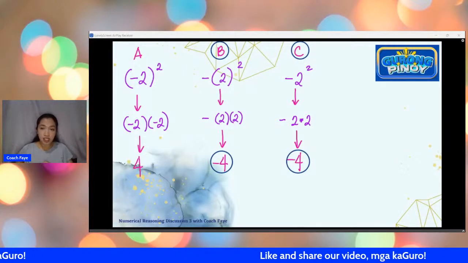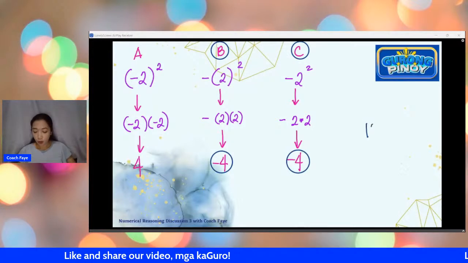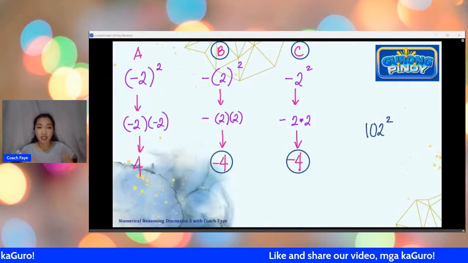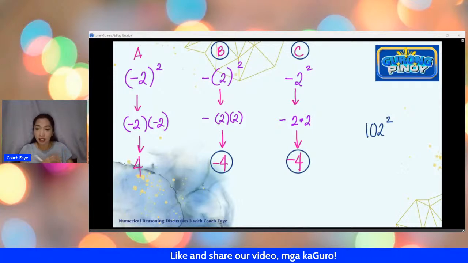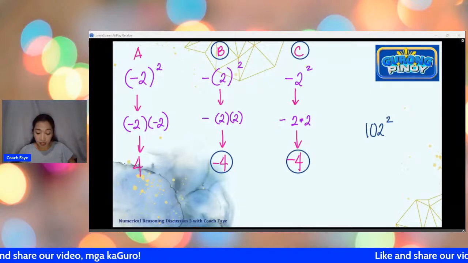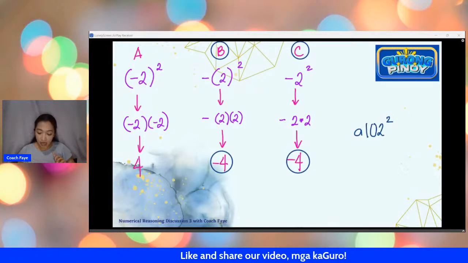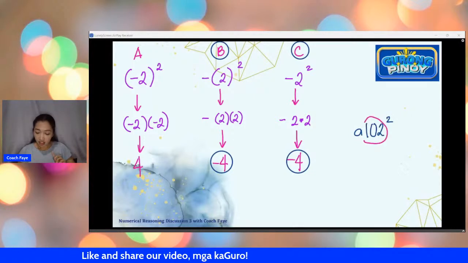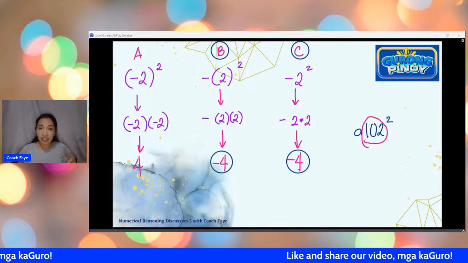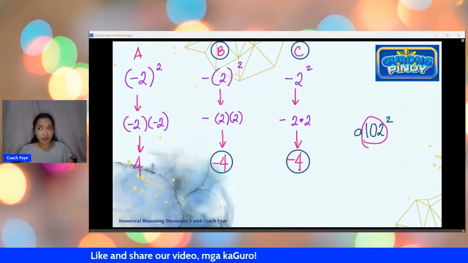Yung only exception lang po dyan is if number na mahaba. Like for example, what if you have 102 squared? So, syempre yung isa-square mo is yung entire 102. Kasi 102 is a number na whole number siya by itself. So, yung buong 102 yung isa-square mo. Pero kung may kasama na po kayong, for example, variable or a sign, hindi na po yan kasama sa isa-square ninyo. Yung isa-square lang po natin is ito lang po na si 102. Siya lang po yung may exponent. Si A wala. Or a negative sign outside, wala po. So this is actually part of our PEMDAS discussion, which we will have in the next few slides.